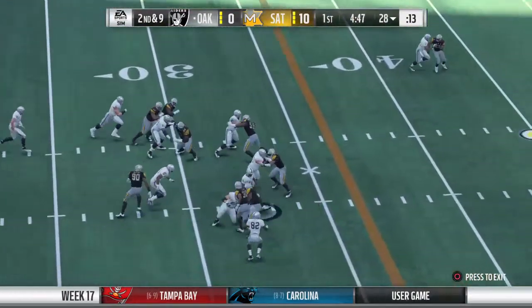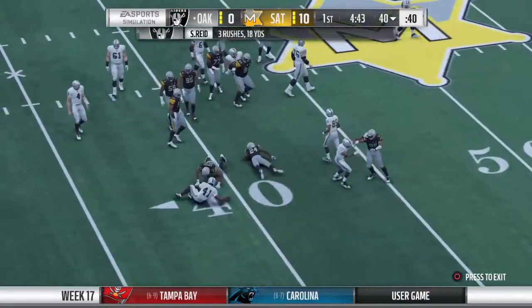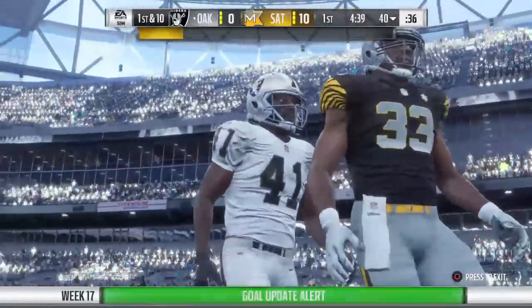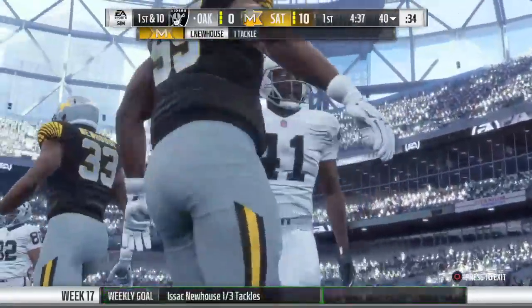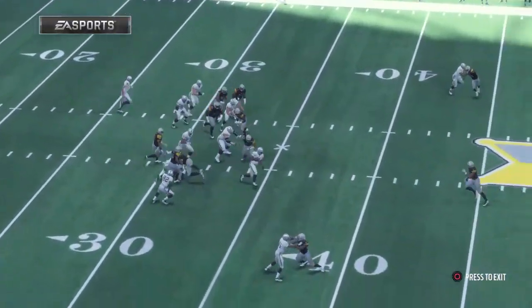They'll run it now out of the gun. And down he goes, but he takes it up to the 40. That one good for 13 and a Raider first down. I have to admit, I'm excited by that play call and the end result, because this is a team that's